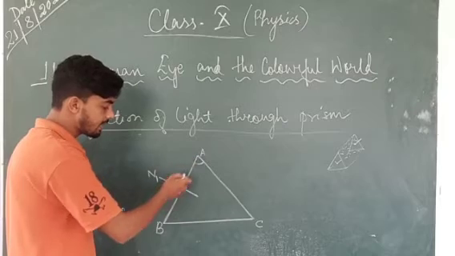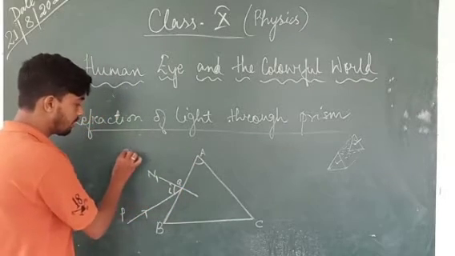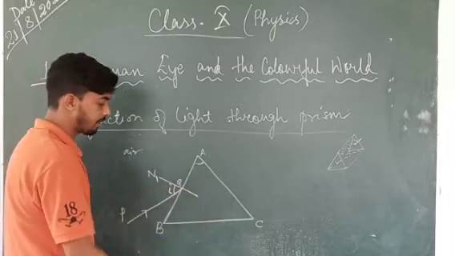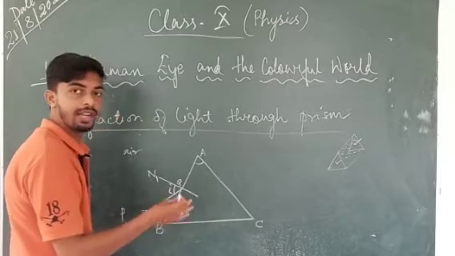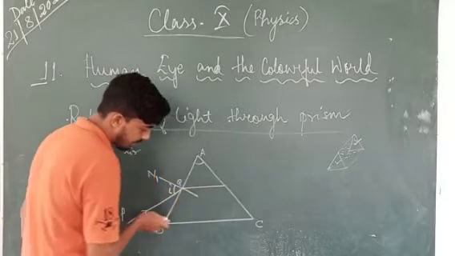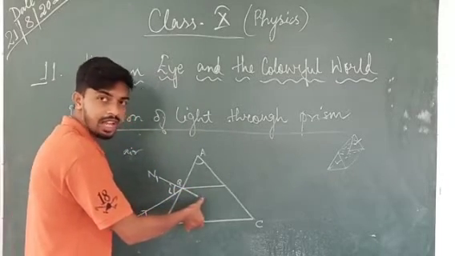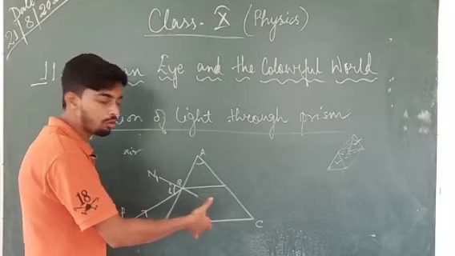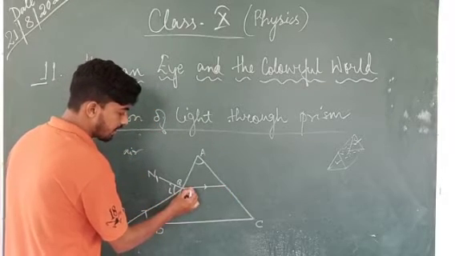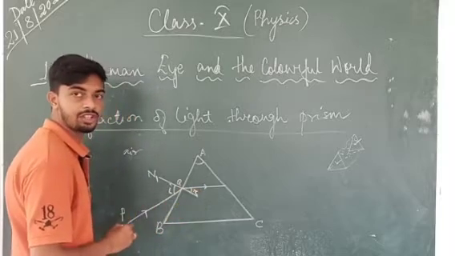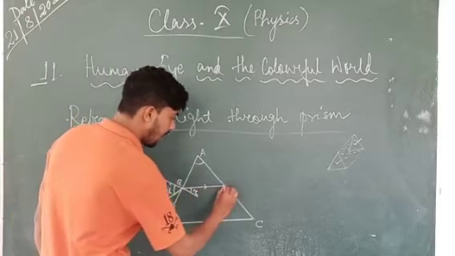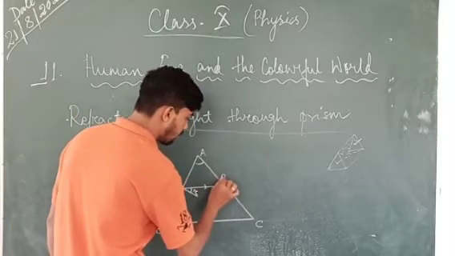Then what happens, as the light is coming from air, this is air or our rarer medium, and this is a glass piece, a prism, a simple glass, so this is our denser medium. The light will refract and go parallel to the base. The light will travel almost or sometimes exactly parallel to the base up to this point. So this is our angle of refraction, and this is our refracted ray QR. I am putting here a point R.